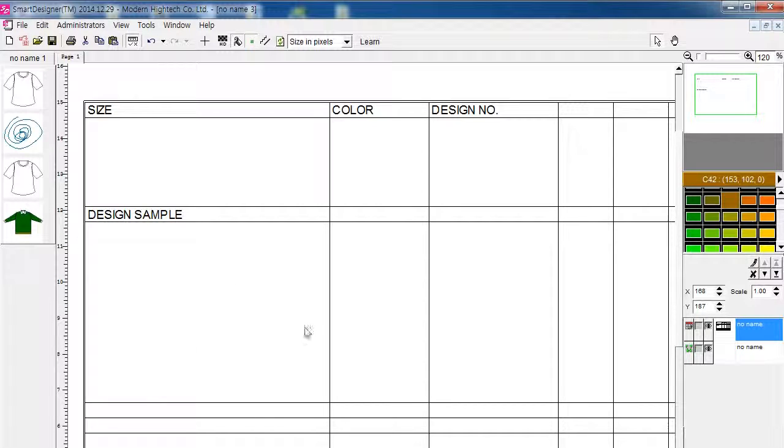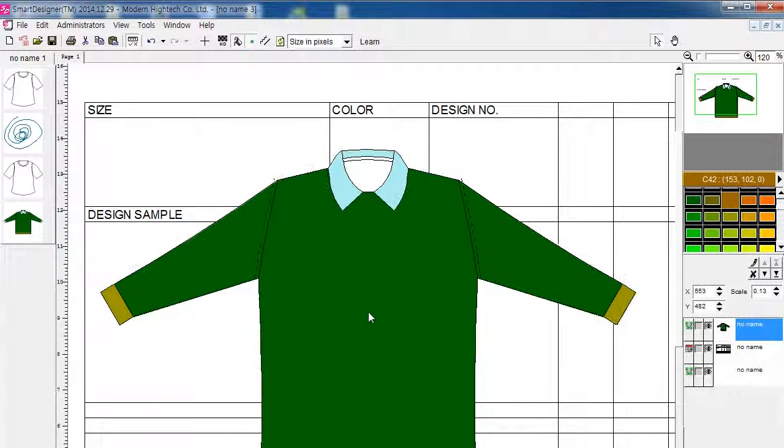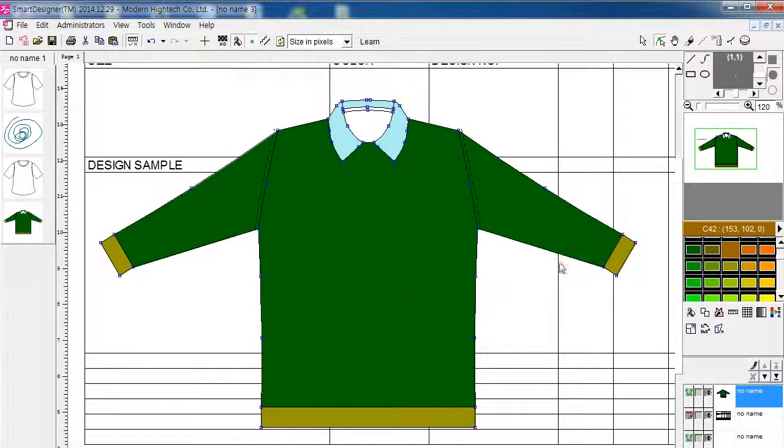Now, if you want to put in the design that you made a while ago, just simply, so here comes the great part of the image list, where you can just add all the designs here, copy, bring it onto the chart,